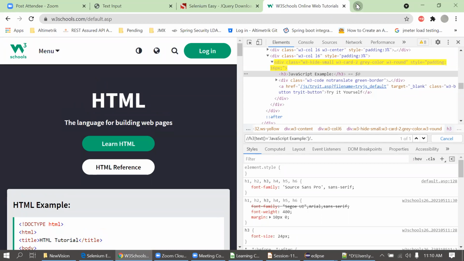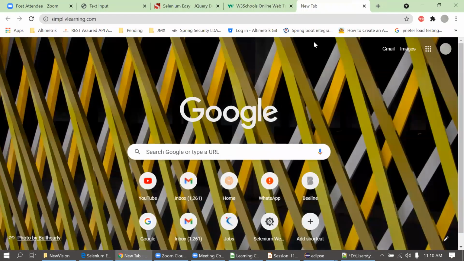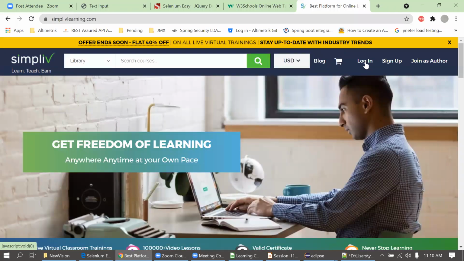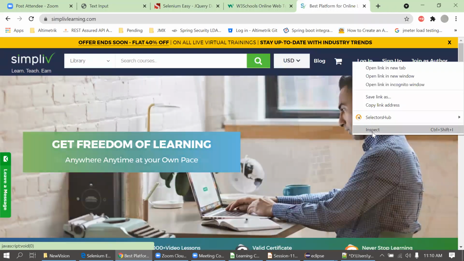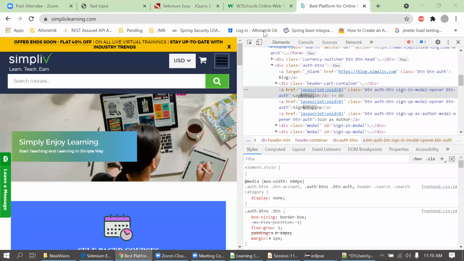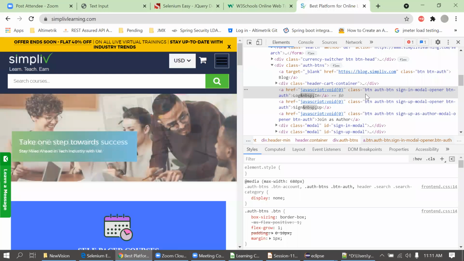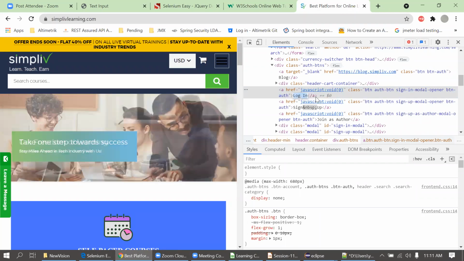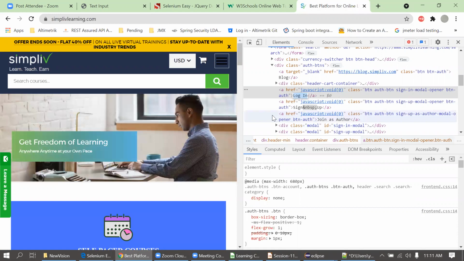Okay, fine. I'll open this website. So you have to create XPath for this login, right? Yes, sir. Okay, I'll inspect this. Where is the login button now? I think it's hidden somewhere. Yeah, here actually there is some space, an NBSP, non-breaking space. So I'll try to create XPath here by using this.